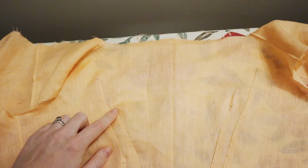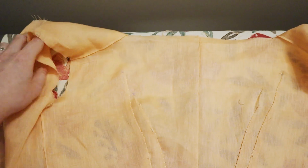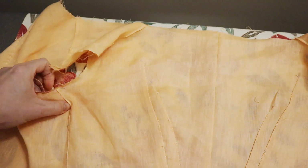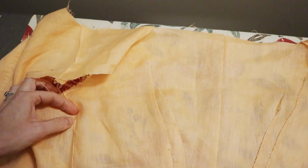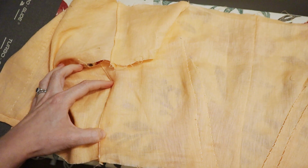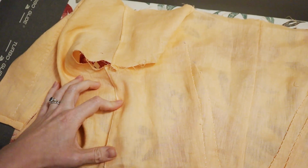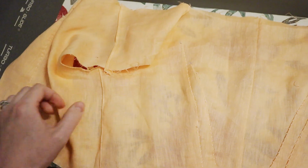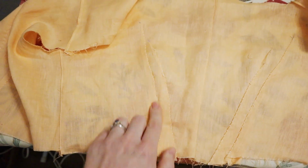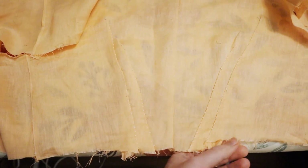By doing that though, I did need to add a little bit of extra bust space, as these seams on the edges started making little S's. It was big enough, but too tight on the bust, and then in the waist it started going down like this, which indicates that the waist is too big and the bust is too small. So I let this dart out and added a bit to it on both sides,